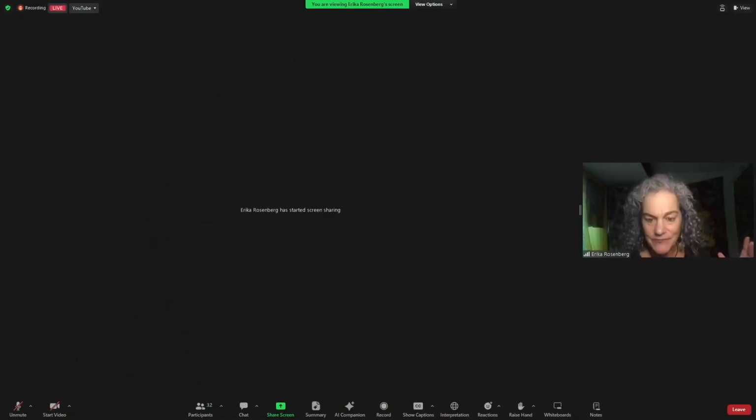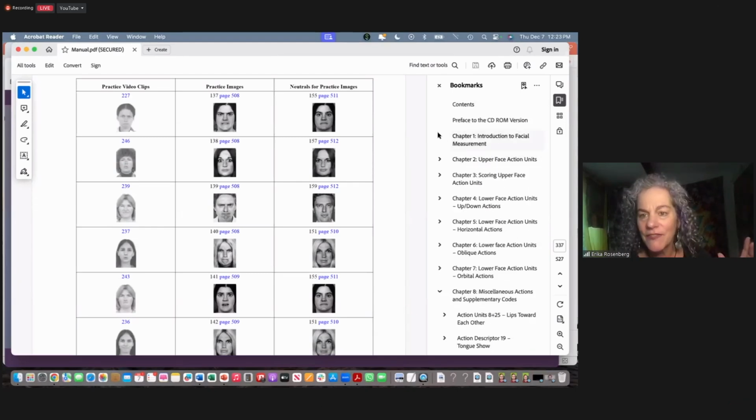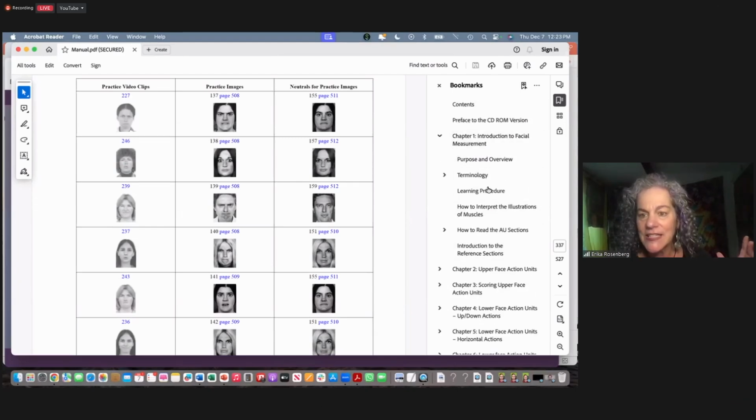Okay, so intensity coding. There are a number of things I've learned from teaching FACS about how to understand intensity coding better. Intensity coding is challenging, and I'm just going to have to go back to the manual for a minute because I'm a teacher. Okay, so let's look at this for a second. One of the reasons why intensity coding is so difficult is that it's not,